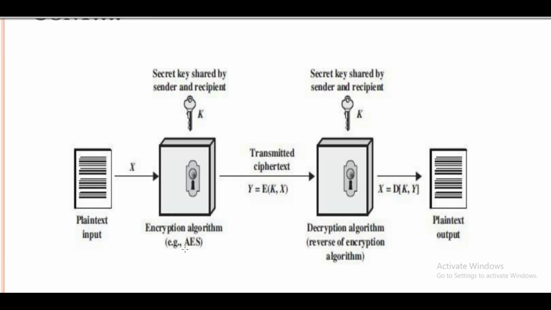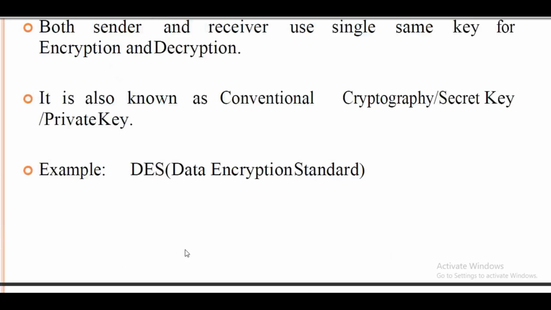But to open that readable form, we again need to apply a secret key at the receiver. The same secret key that we used at the time of sending, we apply at the receiver side, and we easily capture whatever message we sent from the initial stage, right? So that is, we can say, symmetric encryption.